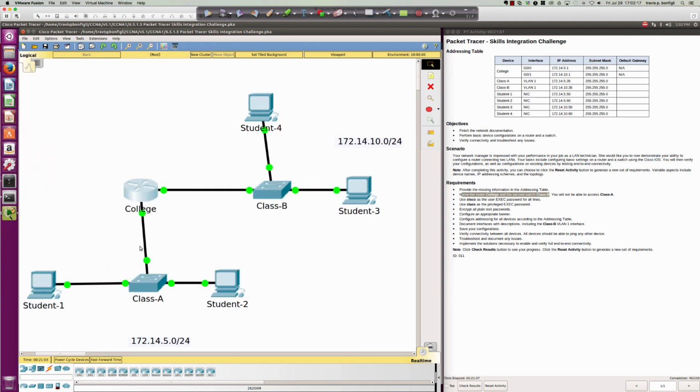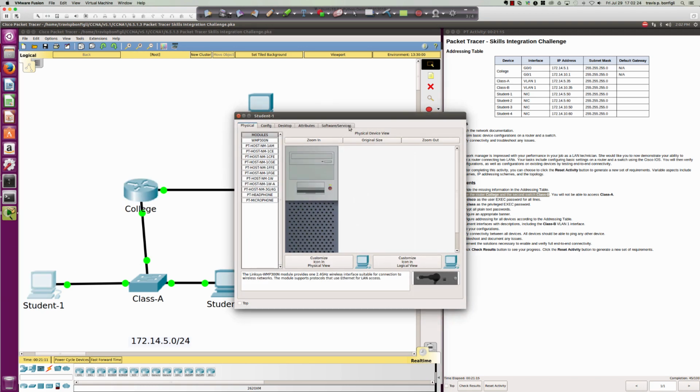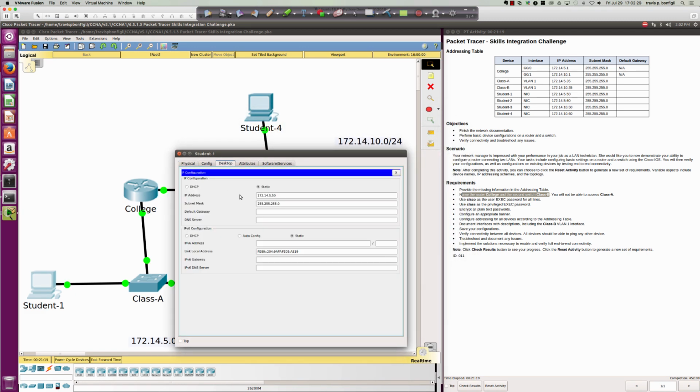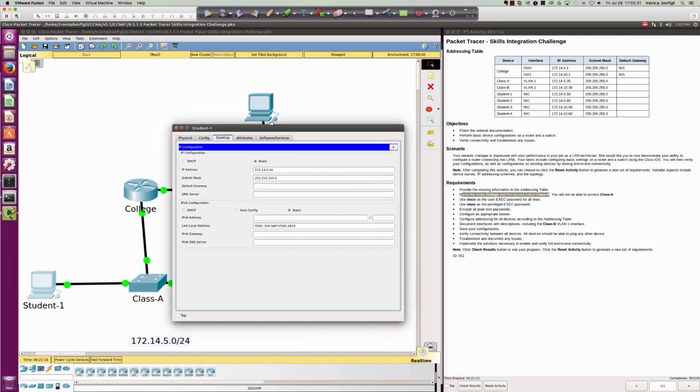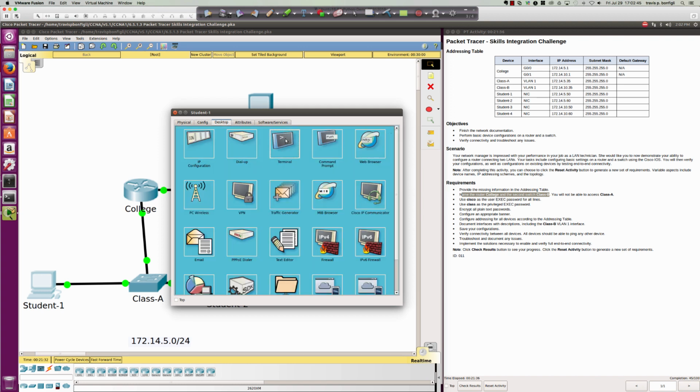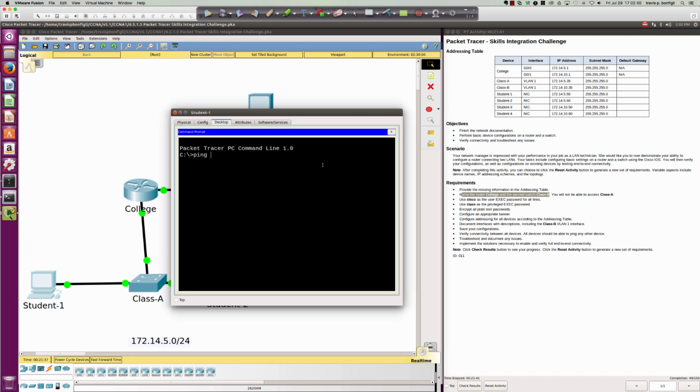And as you can see, we've got all green here, right? So things look good. And in fact, before we do that, let's check, can we ping the default gateway from Student 1? So we're going to pull the Student 1 PC up. We'll go to the desktop. Let's take a look at our IP config. So if I roll this up just a skosh, you can see we're 172.14.5.50. That is the Student 1 address. And so our default gateway is going to be 172.14.5.1. So we'll close that down. Let's pull up, oops, not the terminal. Sorry about that. Pull up the command prompt and let's say ping